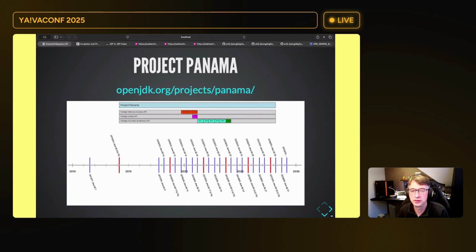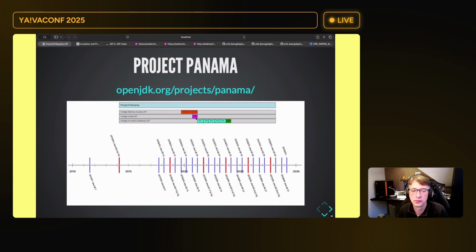And then actually they started with JEP 370, which was not delivered. So it was an incubator. And its first step was the foreign memory access API. So how are we going to access memory in a safe way? So they needed 3 JEPs to do that. Also, the foreign linker API, which actually links Java with C libraries, was delivered as a JEP, but an incubator